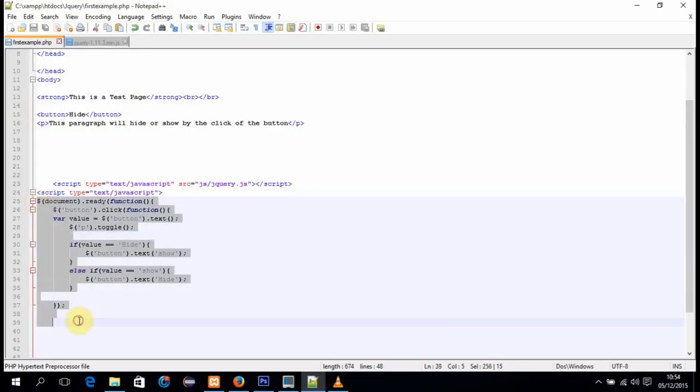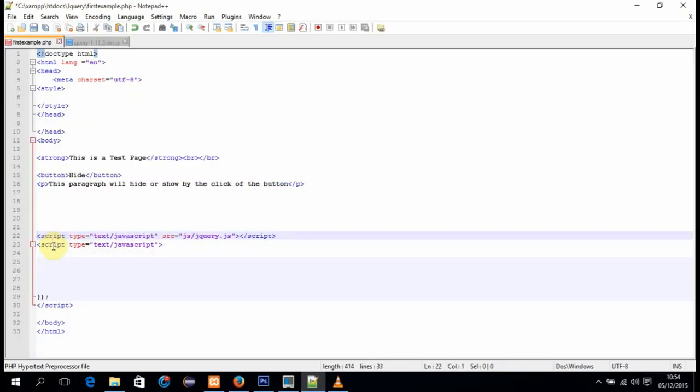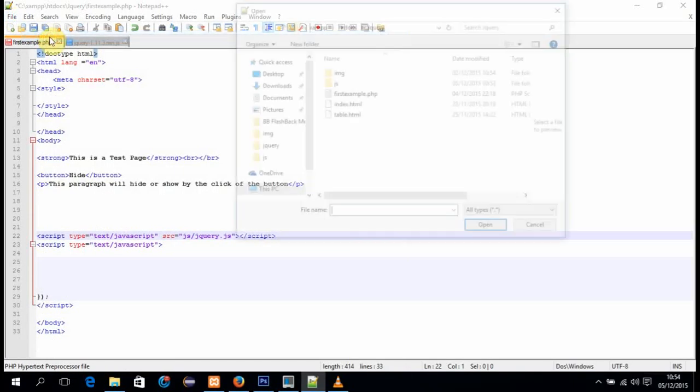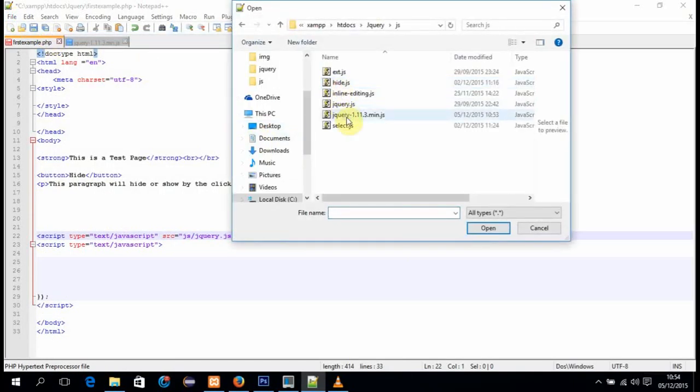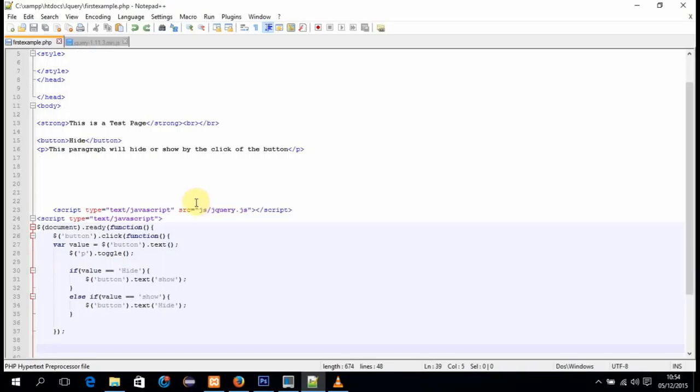This is actually an inline jQuery code. Now you can see this is how I saved mine anyway. I saved mine as jQuery.js. Now when I open, you're gonna see jQuery.js. So if I actually saved it as jQuery, okay, it's still gonna work perfectly well. Okay, you can see that